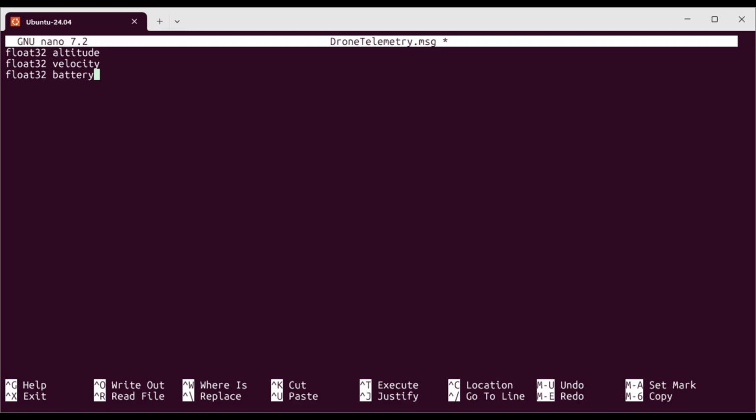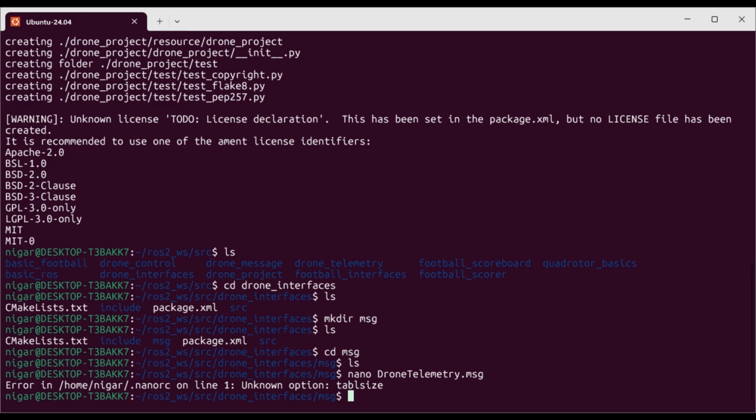So with this, what will happen is that we will be programming only one publisher instead of a lot of publishers. So we define altitude, velocity, and battery. Okay, so once you write this, then you have to press Control O, then enter, and then Control X to close it. Just if you want to see if it is really created, you can write cat